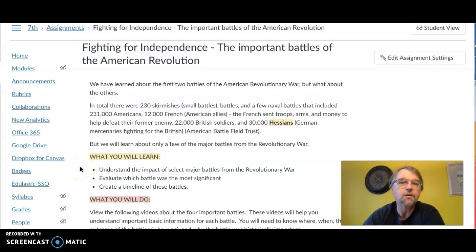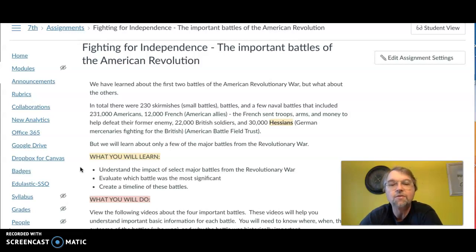Today we're going to be learning about a few of those important battles that took place during the American Revolutionary War. So we've learned about the first two battles of the war, and that was Lexington and Concord. That was the official start of the war. But what about the others? So in total, there were about 230 skirmishes. These are small battles and larger battles, and a few naval battles that included